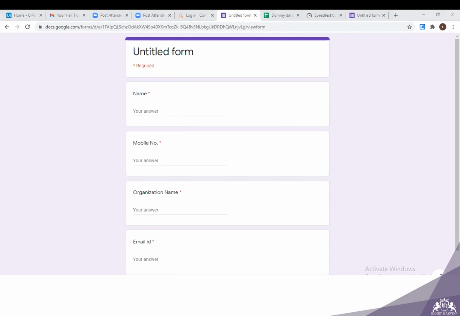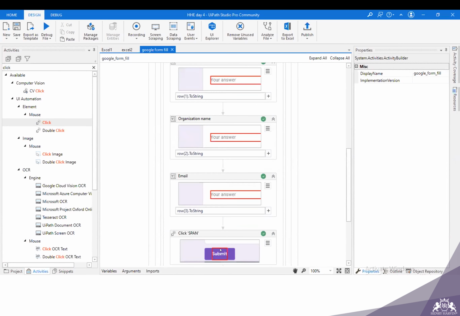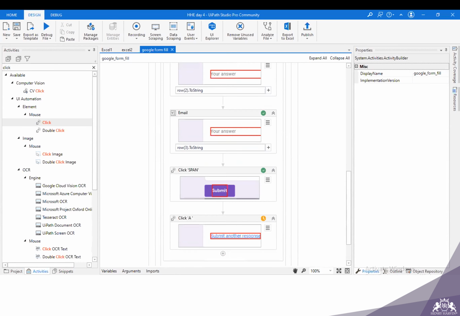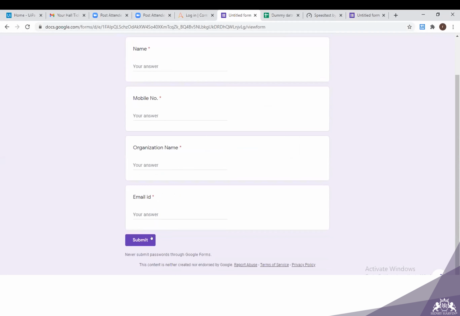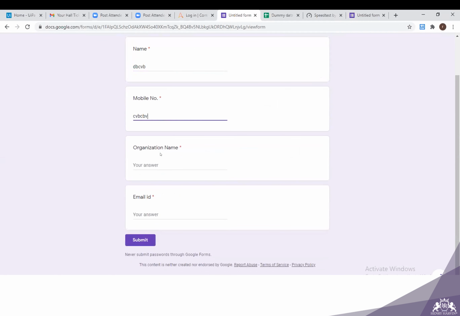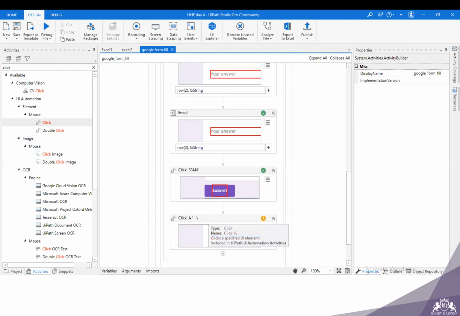After doing four type intos, you have to take one click activity and you have to indicate submit button like this. And after putting some dummy data, when you submit this form, you have to record this submit another response button also using one more click activity like this.